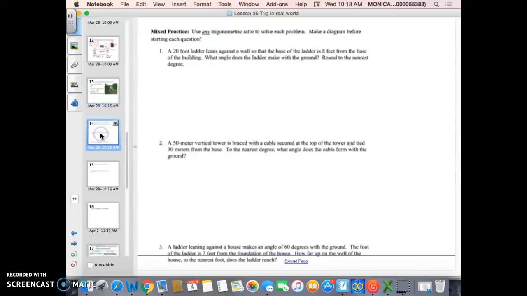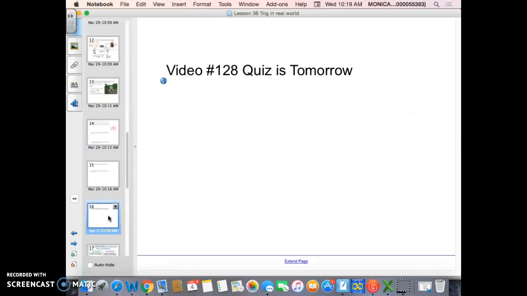All right, your classwork right now is you have these 3 mixed problems. Okay, you're going to complete all 3. So you have to do 1, 2, and 3. I want a picture, a solution, and then you've got to watch video number 2. Take your own notes on video number 2, and then there are 5 problems that you're going to solve as well. Now, quiz is tomorrow, so make sure you're using this time appropriately. The 5 problems are in the packet. If you need to take notes, you may use the very last page of the packet to take notes. All right, video number 2 starts like